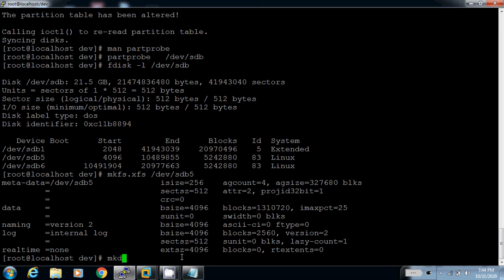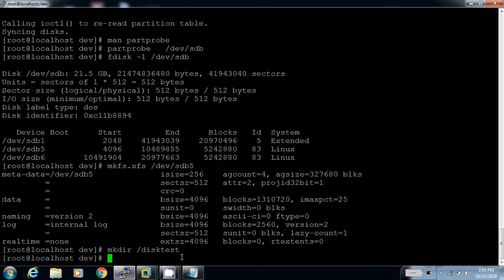Now create the folder with mkdir disktest. Now mount sdb5: mount /dev/sdb5 on disktest.